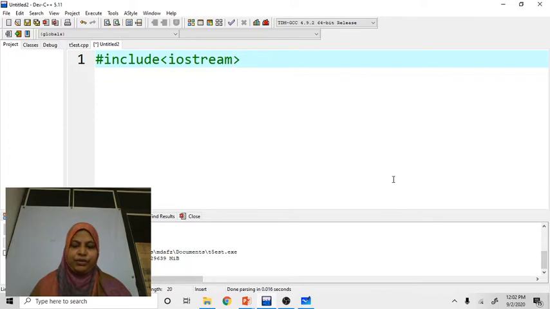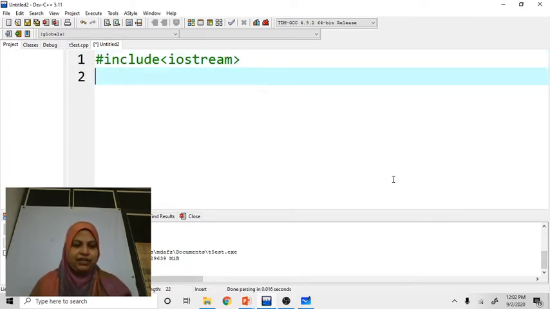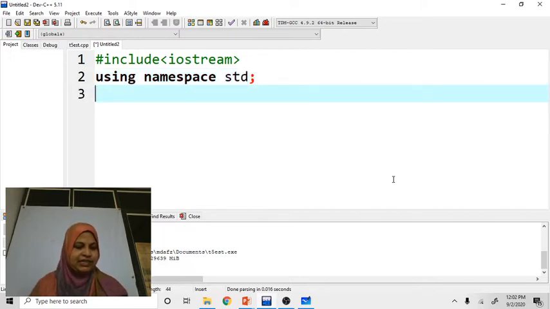We are not going to use any .h header file. Using namespace std semicolon. Here in this case, I am going to define one class.